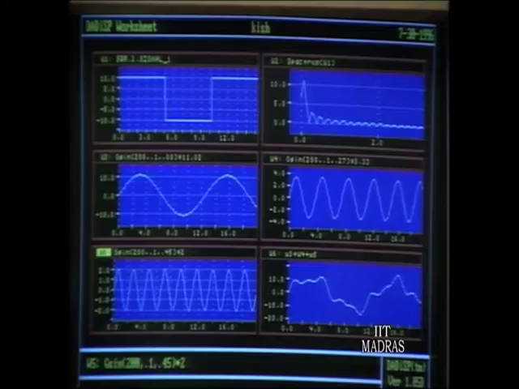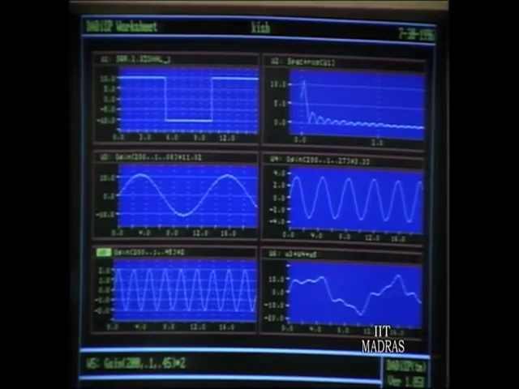As mentioned in the lecture, we can perform harmonic analysis using instruments known as harmonic analyzers or spectrum analyzers. It is also possible nowadays to use the computer to effect the harmonic analysis of any given periodic waveform through software, and here is a demonstration of one such situation. We have a square wave here, and the computer has calculated the various harmonics and displayed them in the windows